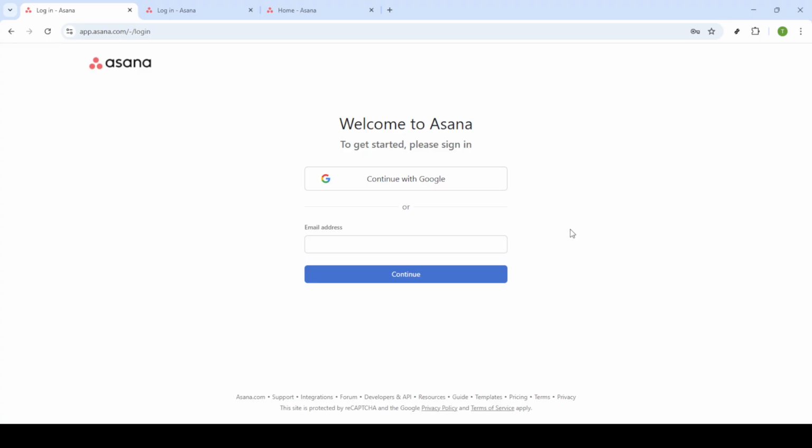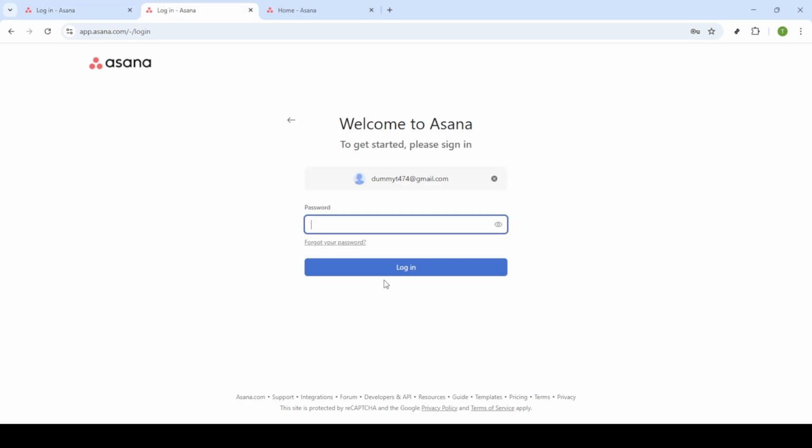First things first, you'll want to head over to the Asana website. If you're not already logged in, enter your email address on the login page and click continue. Next, type in your password. Once you've entered your password correctly, click on Login. This will take you to your Asana homepage where you can view all your current projects and any tasks associated